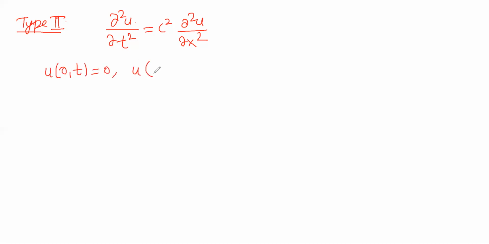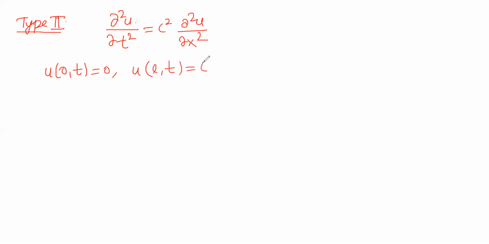Same thing, everything will remain the same, only the boundary conditions will change. So it's ∂²u/∂t² = c² ∂²u/∂x², and let me impose the boundary conditions. Then I'm getting u(0,t) is 0, and at the final, u(L,t) is